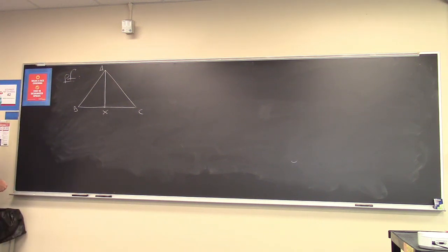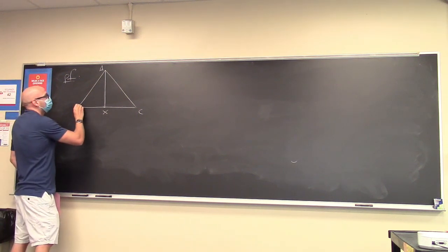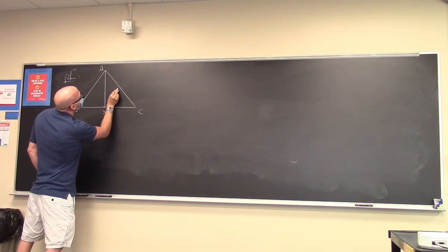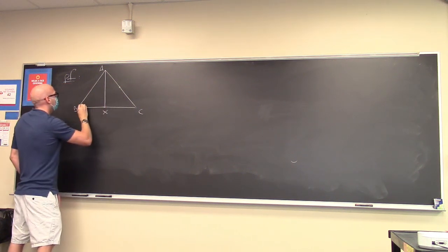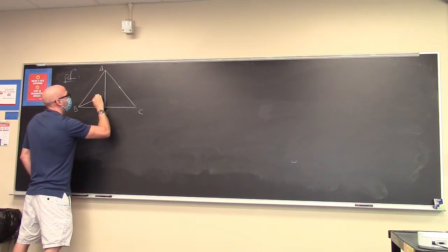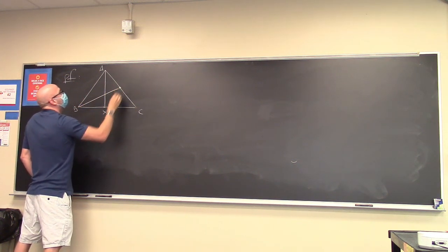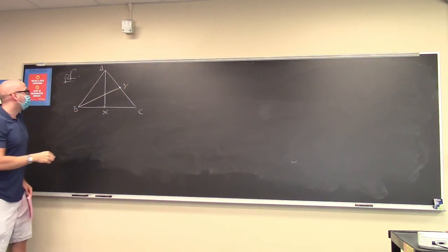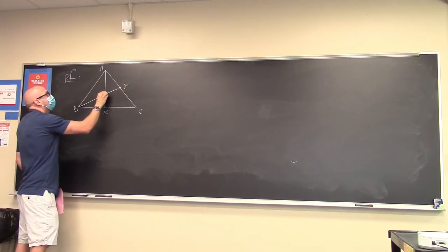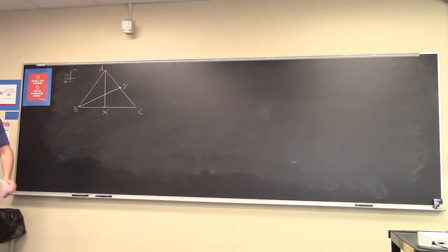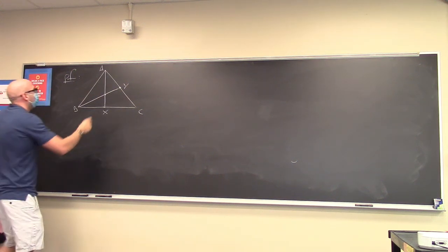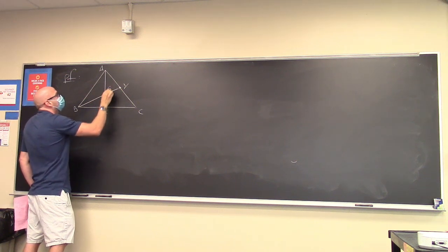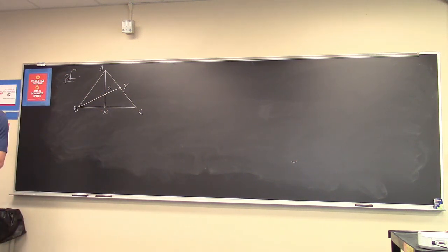And I'm going to give you one more median here. We'll draw in the median from B, so let's see, let's try and find the midpoint, maybe right there. So we'll draw on the median BY, and we'll call the point of intersection between them, that's of course going to be the centroid. Almost universally people use the letter G for centroid, so we'll go with G. I don't know why G, must come from Greek or something,